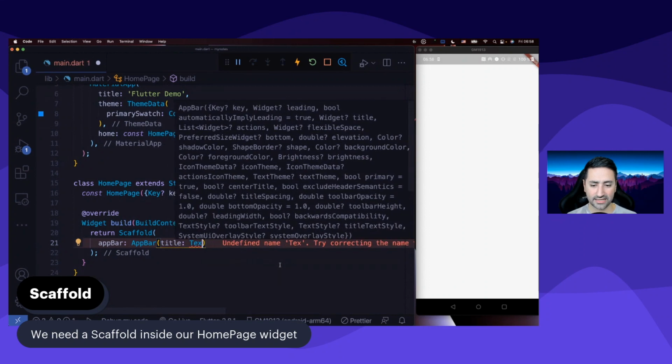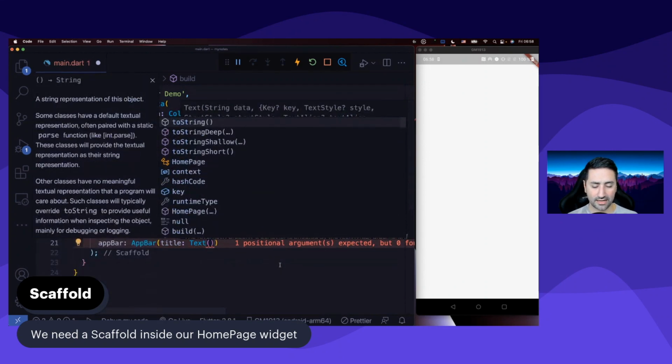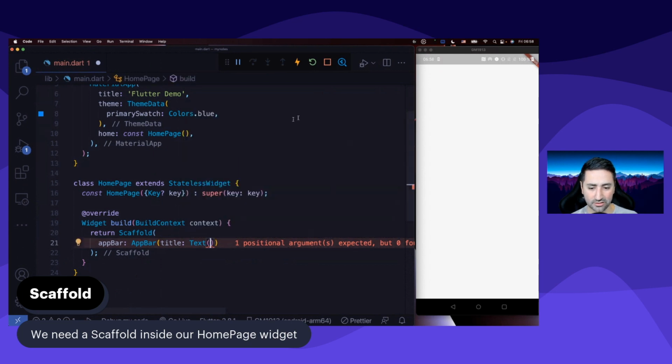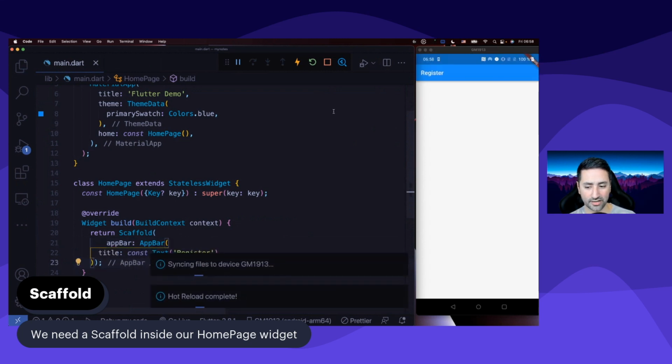And as the title, say text. Okay. And for the text, I'm going to get rid of all this documentation. There's just an excessive amount of documentation here, which kind of blocks the screen. So, for the text, just say register, for instance, and make it a constant. And put a comma here and a